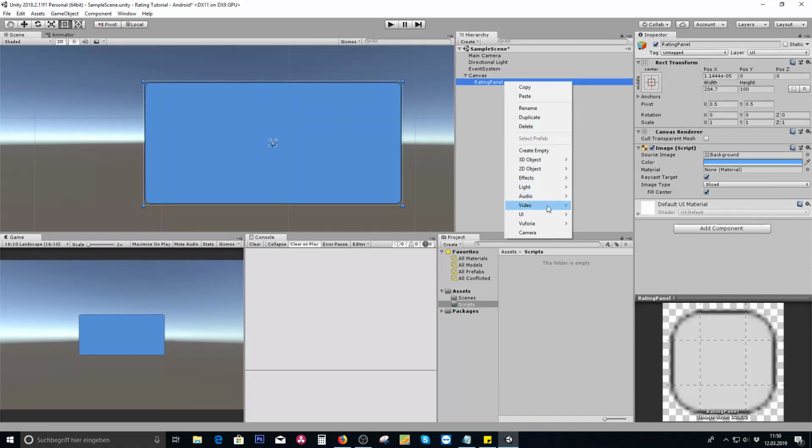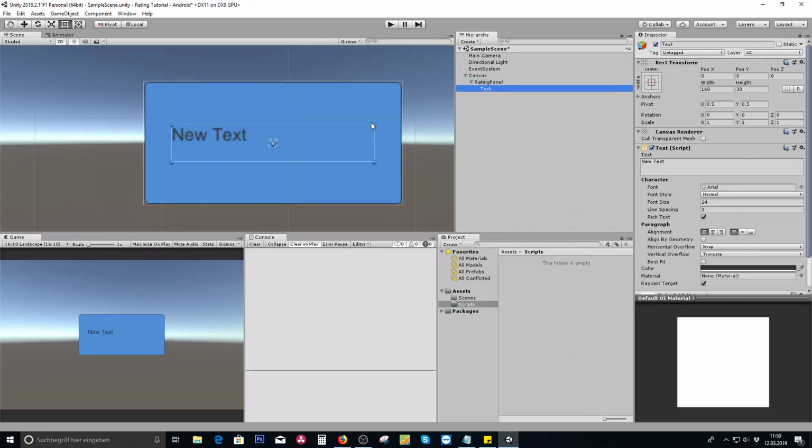So what you also want to put in is UI text. You can also use TextMesh Pro if you like to, but at the moment